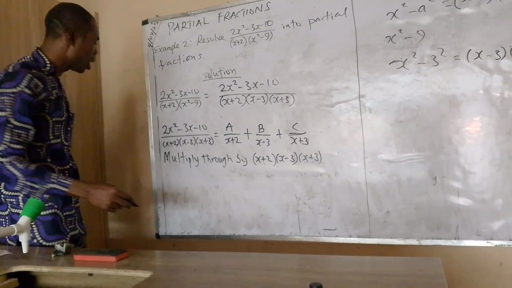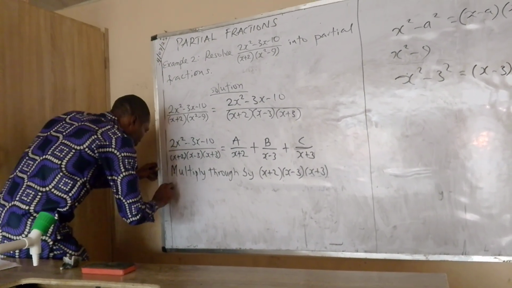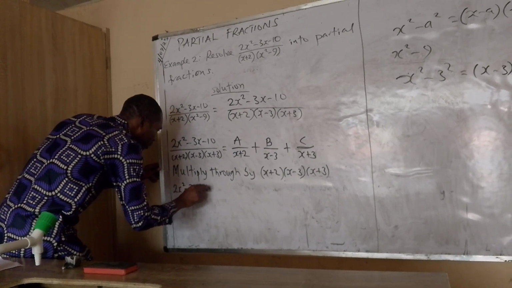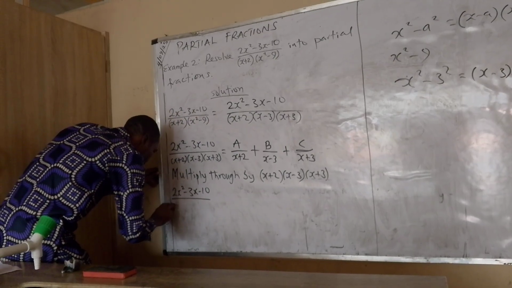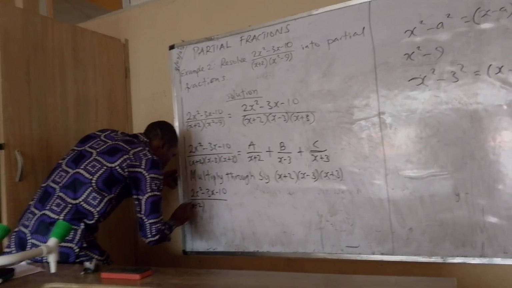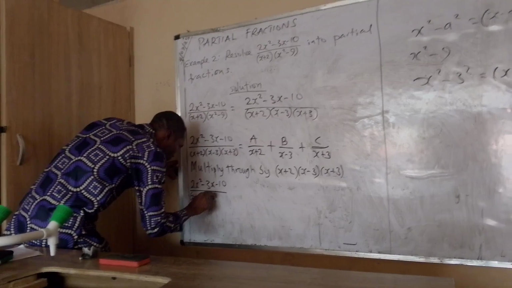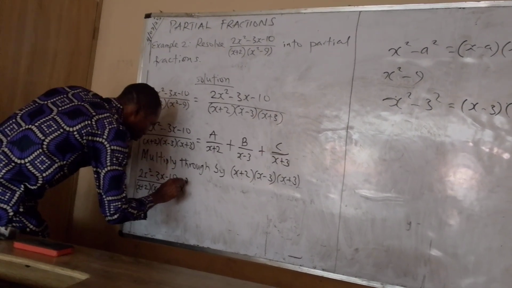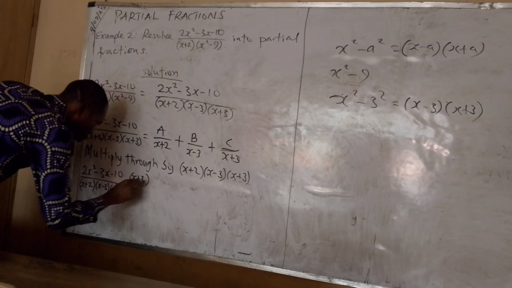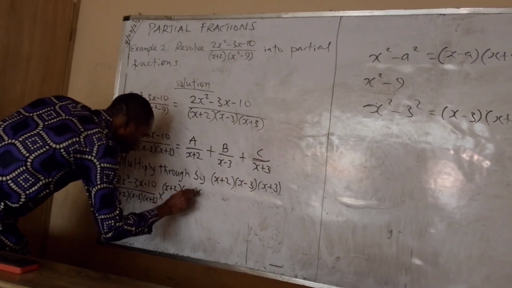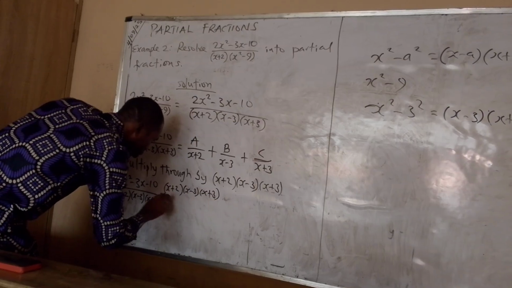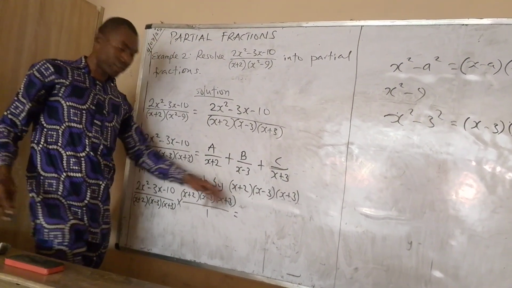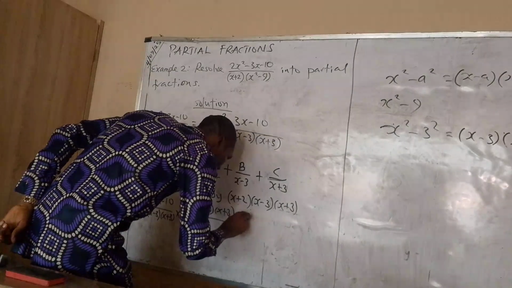So multiply this by this, that will give me 2x squared minus 3x minus 10 over x plus 2, x minus 3, x plus 3 times x plus 2, x minus 3, x plus 3, everything over 1, equals, also multiply this by this, we are multiplying through A